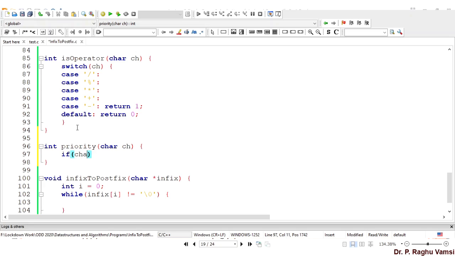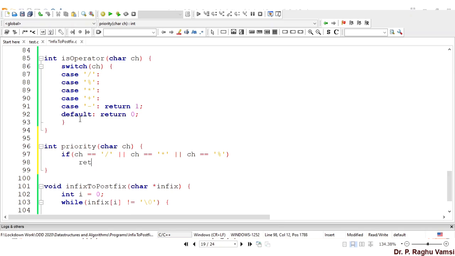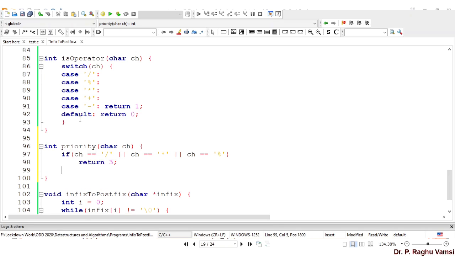If ch equal to division or ch equal to multiplication or modulo, that will return high priority.